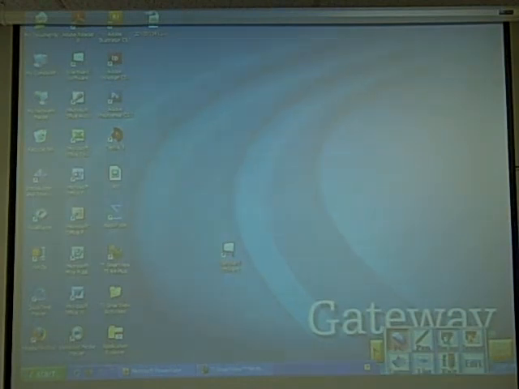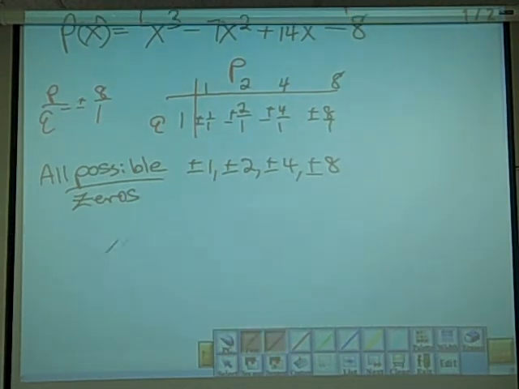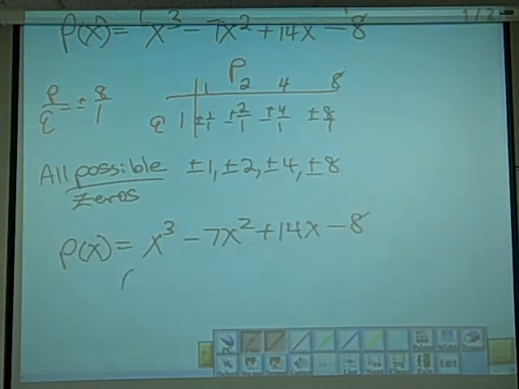So this is what we've got. We've got p of x is equal to, again, I'm just rewriting this, x cubed minus 7x squared plus 14x minus 8. And we know that 1 is a 0. So we can say, since we know that